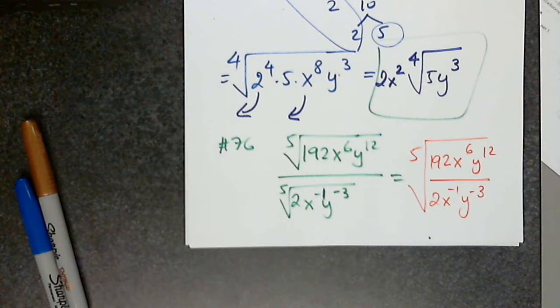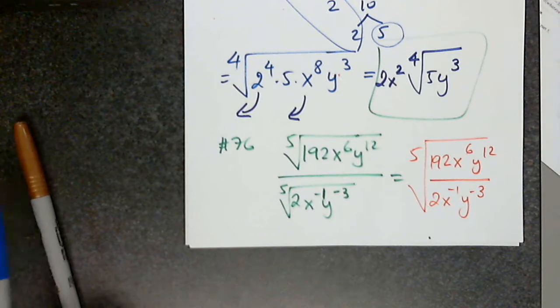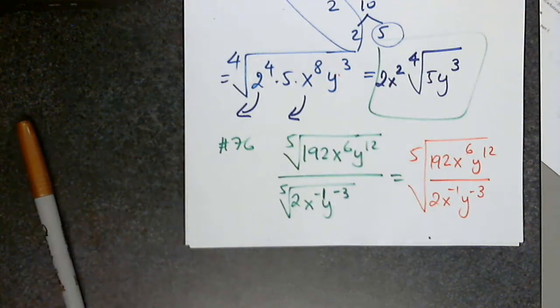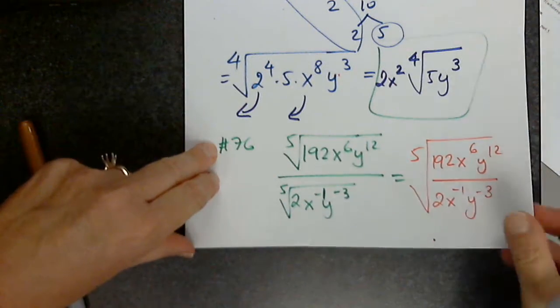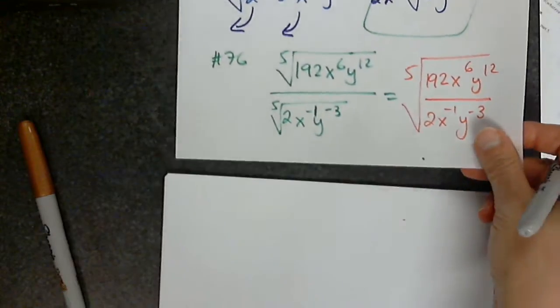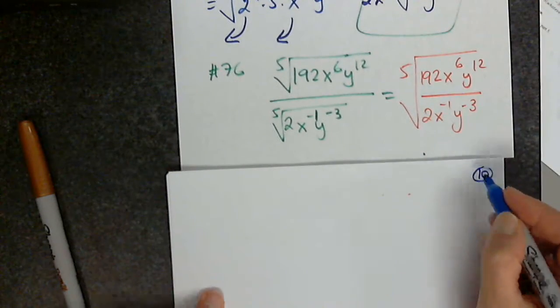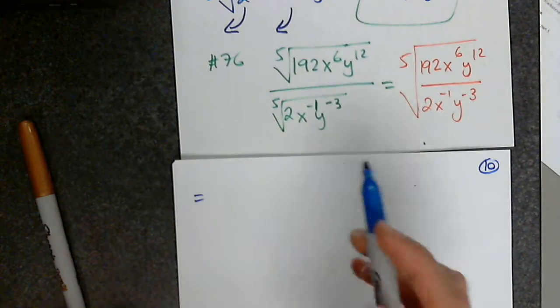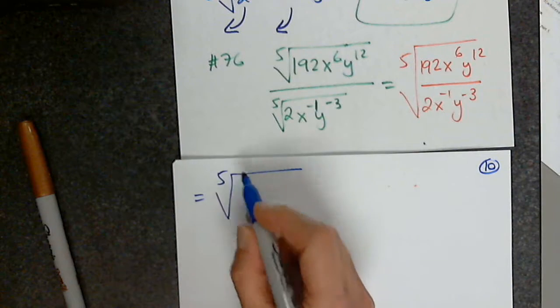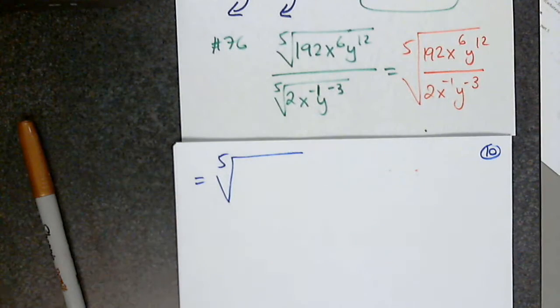Perfect. What do I do next? So, no, just simplify. The fifth root of 192 divided by 2,